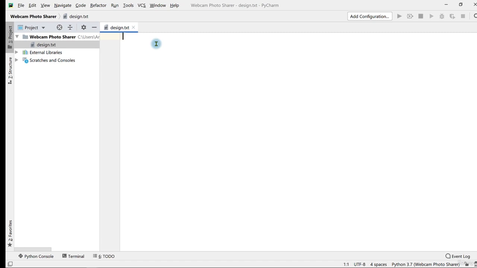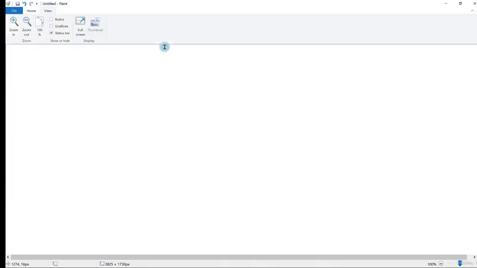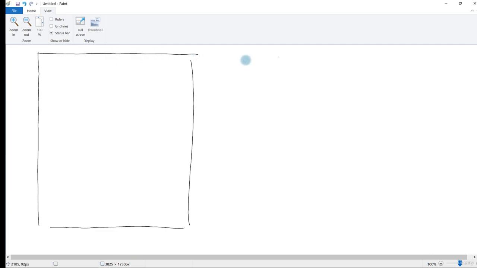So before writing down the objects in the design.txt file, which is like the general design of our app, I want to first design the front end. How do I do that? Well, you can just have a piece of paper. In my case, I'm going to have this blank image file where I'm going to draw the graphical user interface, or what I think the graphical user interface should be. So I'm thinking of having two screens for this app. So I'm going to draw one screen in here and another screen